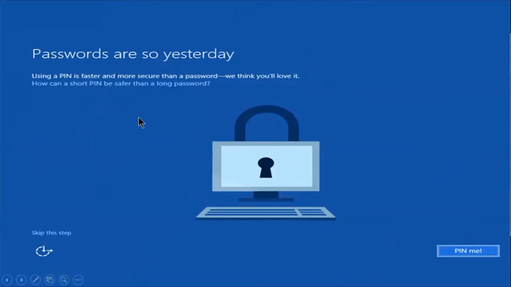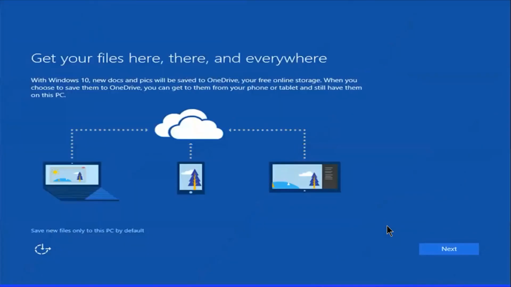Passwords are so yesterday. So your computer is password protected now. If you have signed in, then you can enter your computer. Otherwise, you may want to use a PIN code instead of the password. There is an option in Windows 10 where you can insert a 4-digit PIN code to open or sign in to your Windows. It is a new option, just like with a credit card, where we insert a 4-digit PIN code. In the same way, we can keep a 4-digit PIN code for Windows sign in.